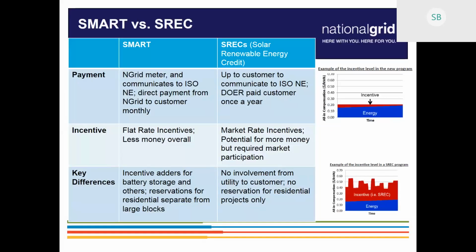Another difference is the meter used to be just whatever meter your installer wanted to install. Now it has to be a utility-owned generation meter and net service meter. So we have one meter that's there just to collect the gross generation of how much the system has produced in the month. And then the utility service meter is, of course, the net meter to calculate your bill.